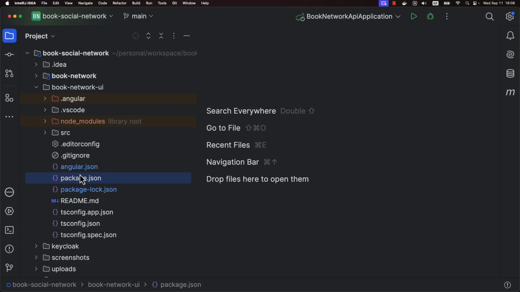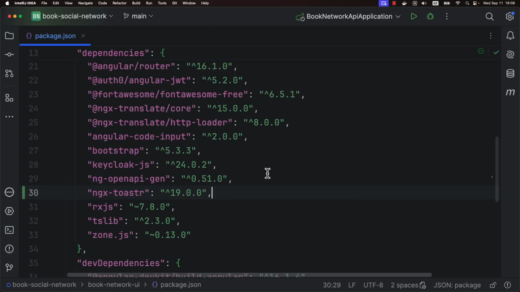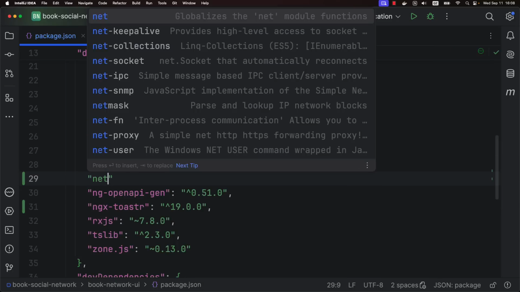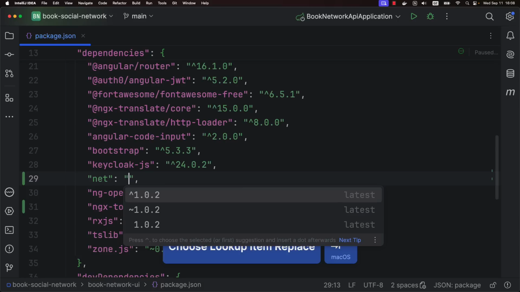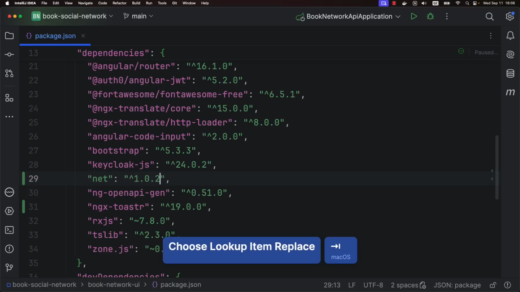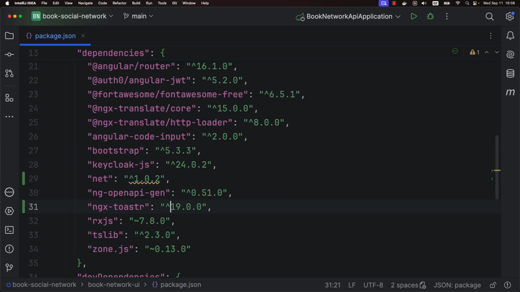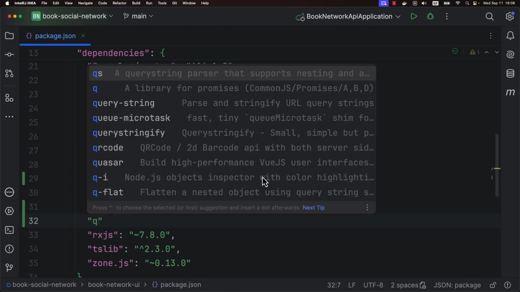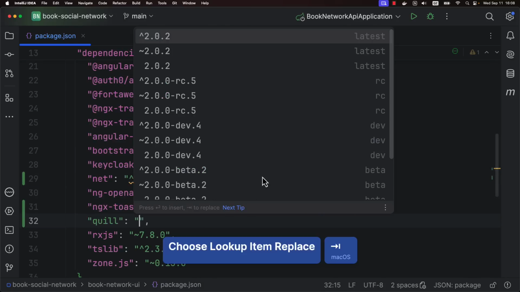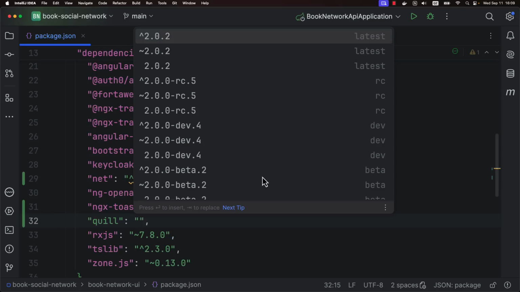So here I will open my package.json and I will type manually the dependencies that we need. I will tell you step by step what we need for that. So the first dependency we need is called net. All right, and its most recent version, if I'm not wrong, is 1.0.2. We will run an npm install later on. So here we need also another dependency called kill. These are the required dependencies in order to implement